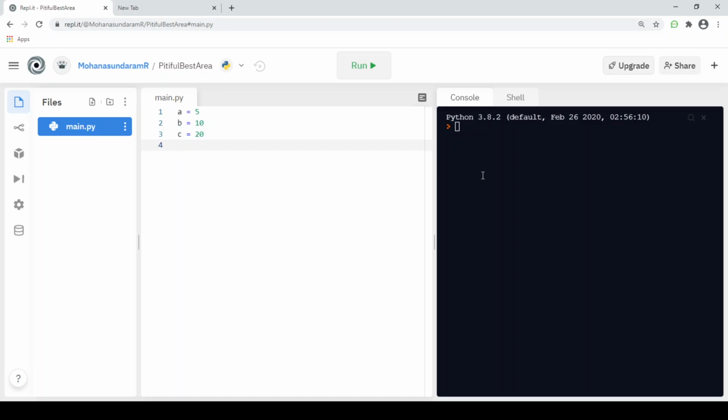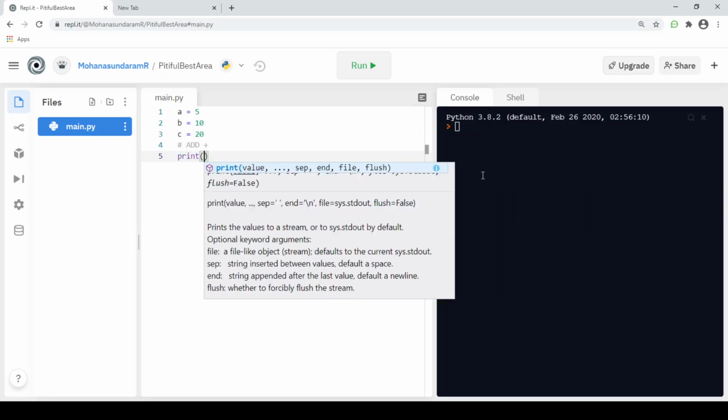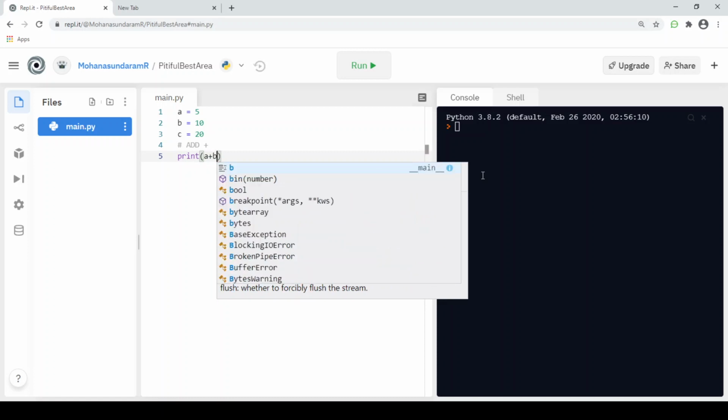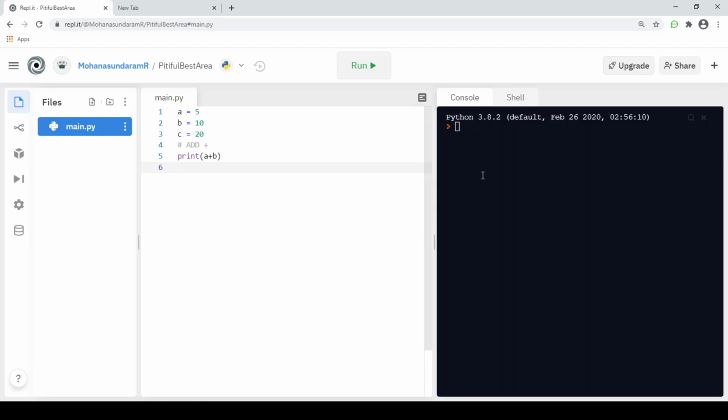Using these three variables, we're going to perform some arithmetic operations. The first arithmetic operation we're going to see is addition. The addition arithmetic operator is denoted using the plus sign. I'm going to perform an addition of a and b.